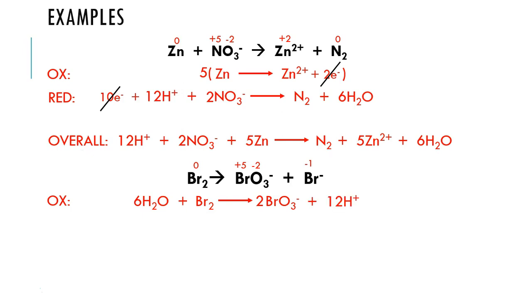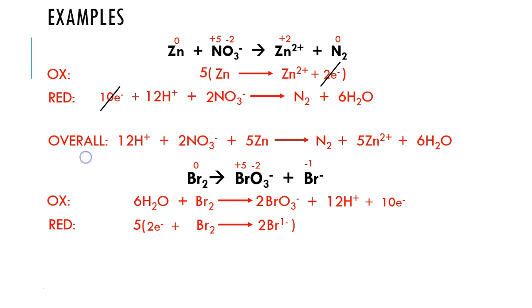side to balance hydrogen. Now we have to add 10 electrons to the product side because we have 12 units of positive charge from hydrogen and 2 units of negative charge from bromate. All right, so for reduction, we're going to show bromine going into bromide. Here we're going to have to balance bromine, and we'll have to add 2 electrons to the reactant side to balance the charge. Now, since we're balancing the charge by adding electrons, we can only make a side of an equation more negative. So the charge doesn't necessarily have to be neutral, they just have to be equal on both